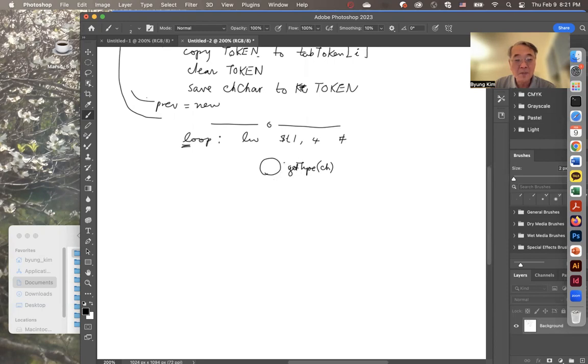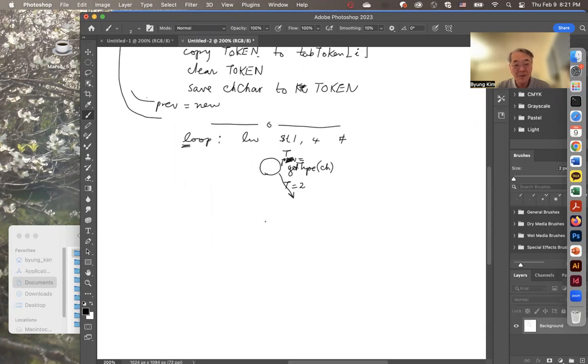Say prev. Then you're going to take a certain action. So if the get type is, let's say it is T, capital T. So if T is equal to 2,